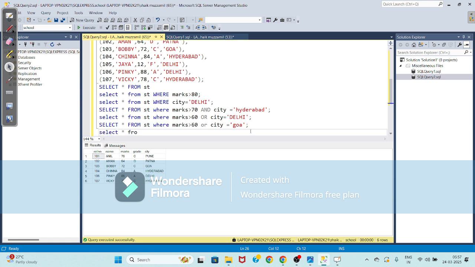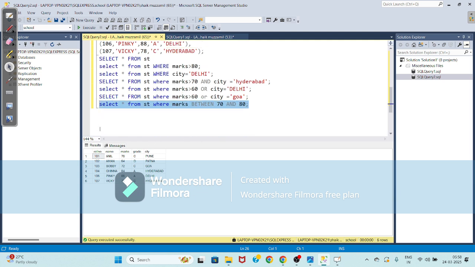Select star from student where marks between 70 and 80.